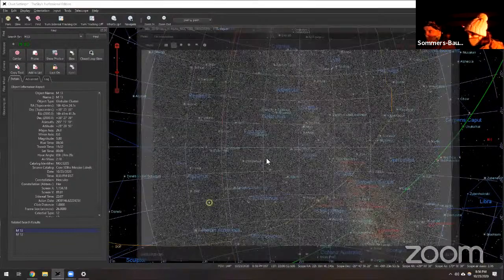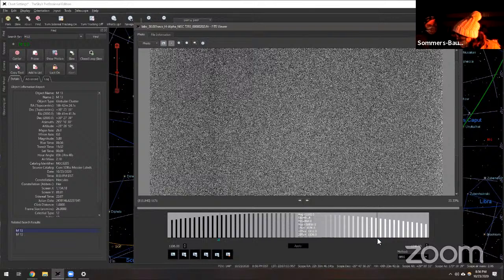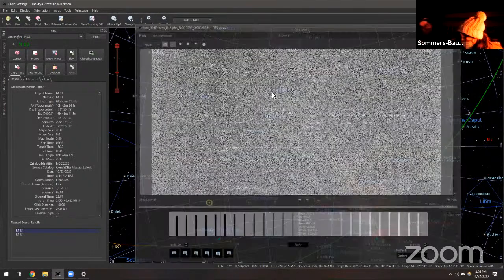Okay, oh, this is our picture. It's terrible. I don't see anything. Here, adjust the, what do you call it. I think we took a picture of the clouds. No, yeah, I was taking a picture of the Helix Nebula, but it was pointless. Yeah. Okay, as I expected, we're not going to get any deep space objects tonight, so let's go to